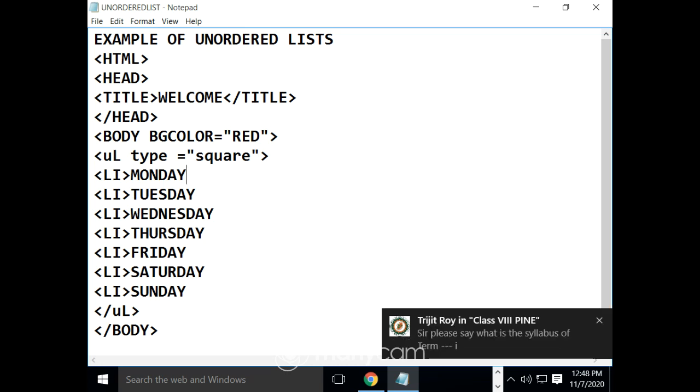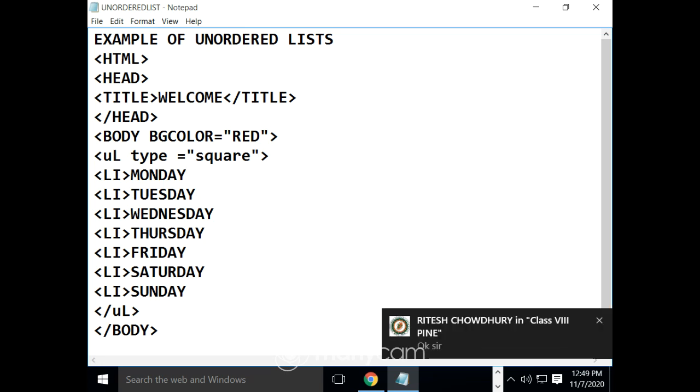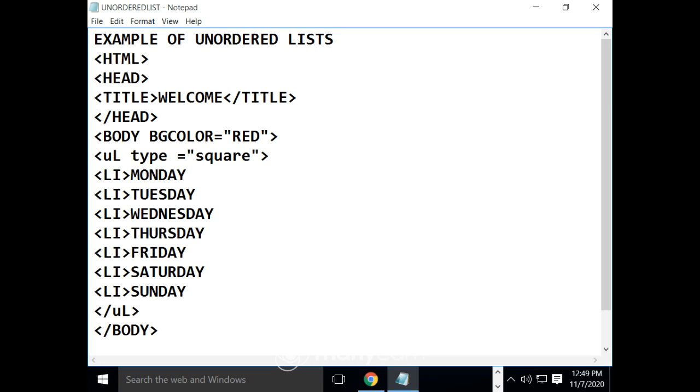In my next class I will discuss the definition list and tables. The term 1 syllabus is chapter number 1, that means introduction to networking, chapter number 4 introduction to HTML, chapter number 5 creating web pages using HTML, and chapter number 6 more on lists in HTML. So 1, 4, 5, 6; 2 and 3 are not there. Clear? Chapters 1, 4, 5, 6, four chapters, are there in your term 1 examination. Clear everyone?